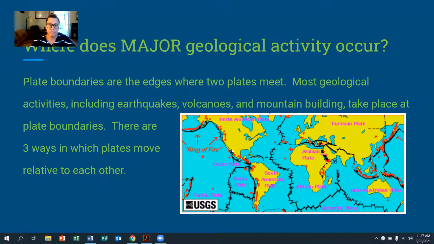So here we are, California, right? And the United States is on the North American plate, but it also is right next to the Pacific plate. So where these two plates meet is where there is a lot of activity that takes place. So in here, it tells you that some of that activity could be earthquakes, volcanoes, or the building of mountains. USGS is a site you might want to check out. It is United States Geological Survey. You would be able to find out a lot of great information about earthquakes and volcanoes there around the world.